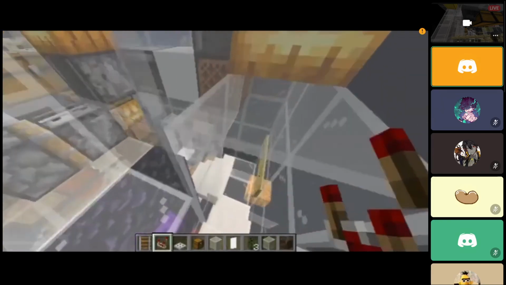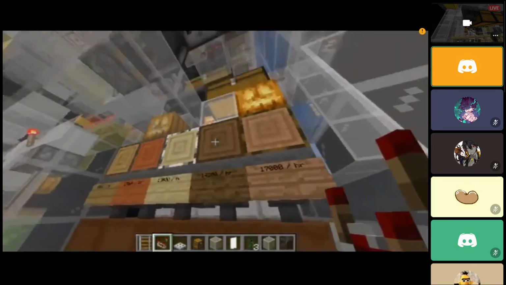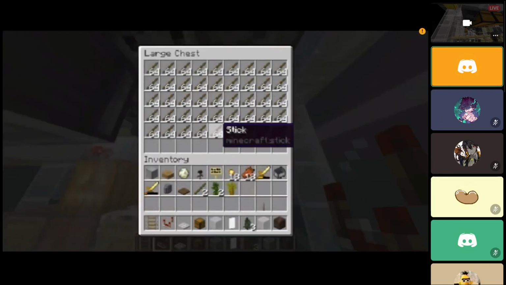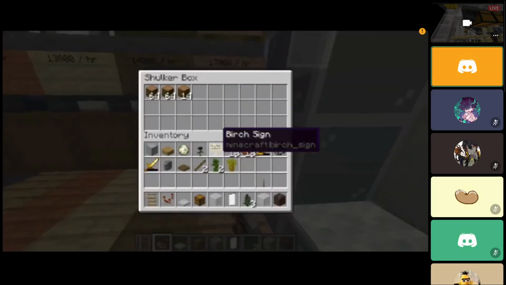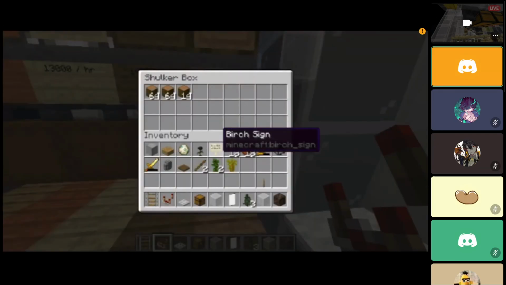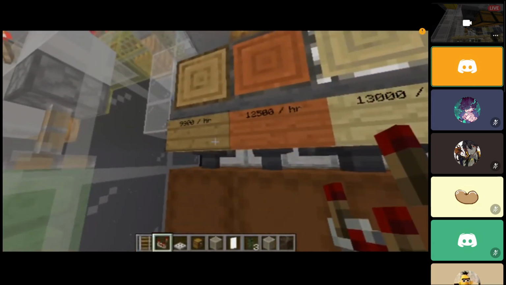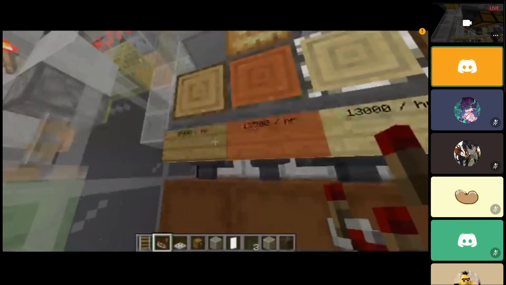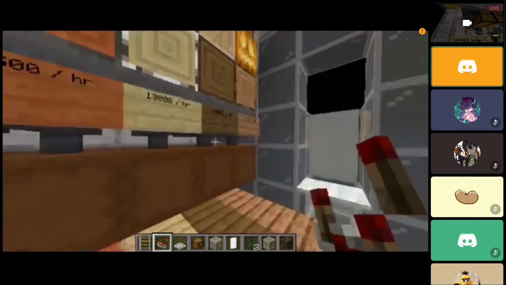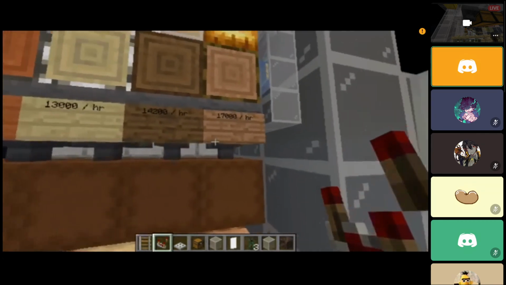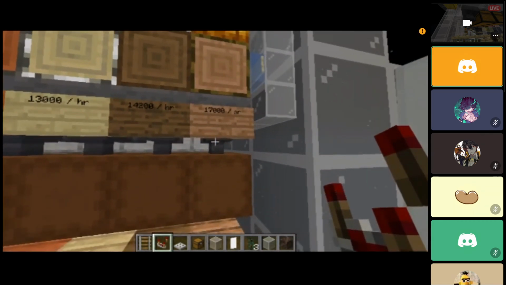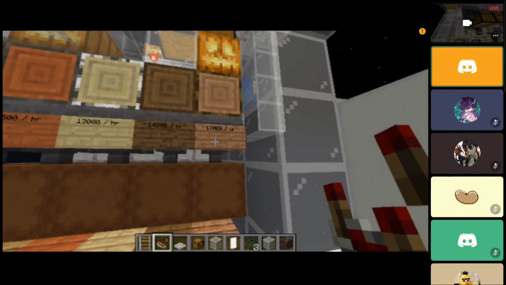And finally, here there will be a collection system, a sorting thing. Those are sorted out sticks, and these are the logs that are being farmed. And you can see the rates here. The slowest one is the oak wood, which is 9,900 per hour. So it almost reached my goal of 10,000 per hour for every tree type. The fastest one is 1,700 per hour for jungle tree